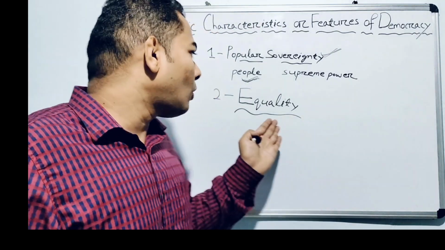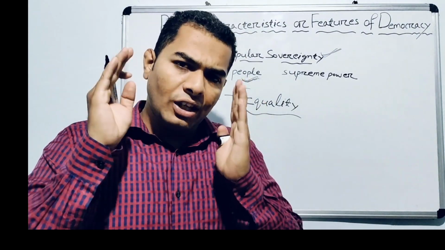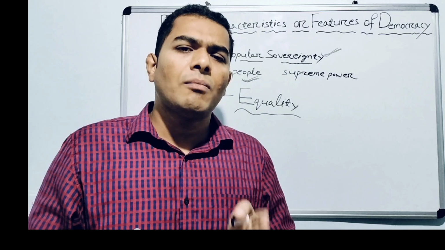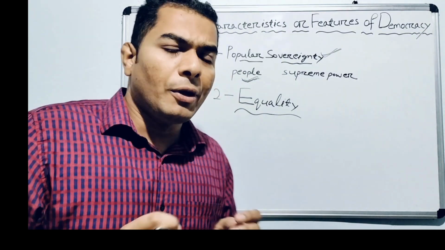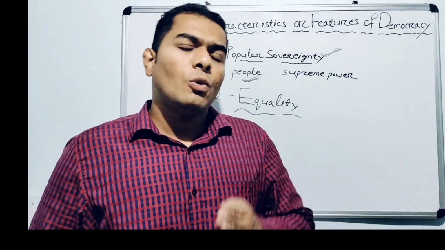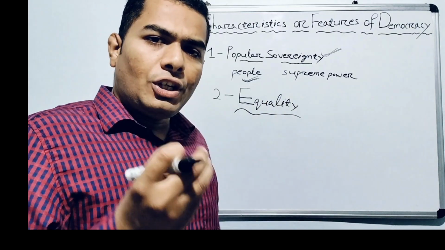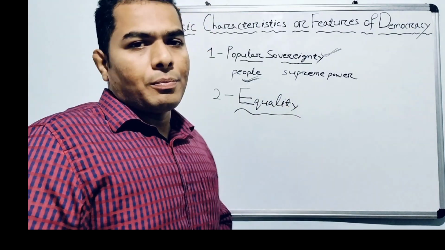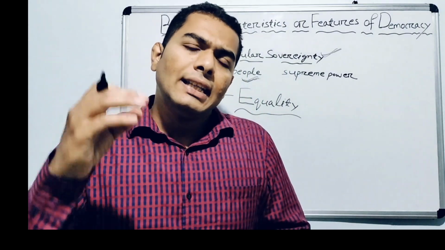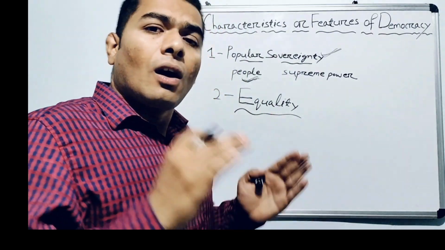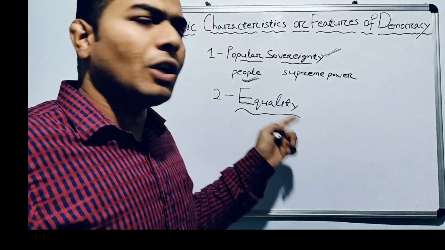So here we will not find any type of discrimination on any individual, irrespective of caste, religion, sex, or place of birth. All the people are equal in democracy. Whatever opportunity the government provides to any people, that opportunity will be enjoyed by all the people. So all the people have an equal share in government. That's why there is equality in democracy, equality in all forms. There are various types of equality in democracy.